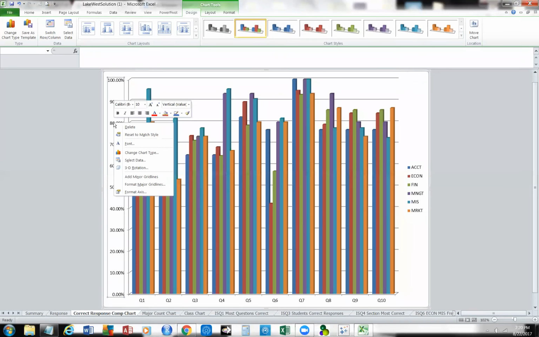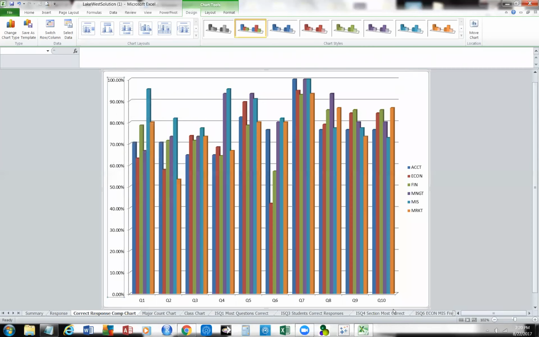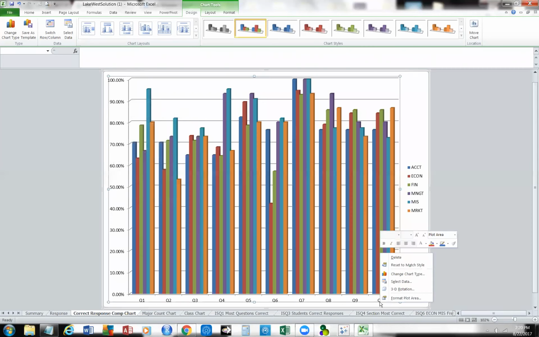If I want to format this, I can add guidelines. I can format the grid lines. I can select the data for that y-axis. Ditto the x-axis. That's why I said before, make copies of this work and play with it. You're not going to break it. But I think it will be of use to you to try some of